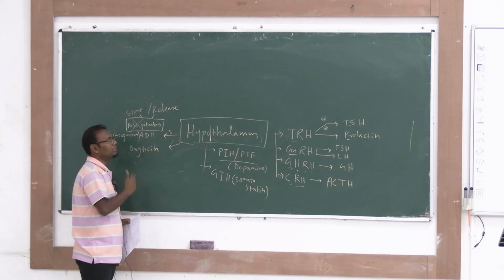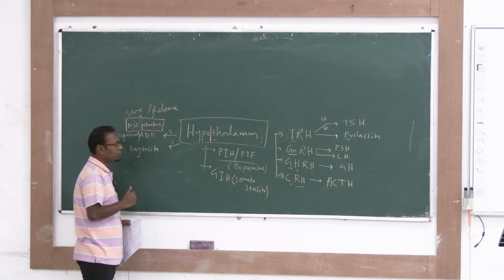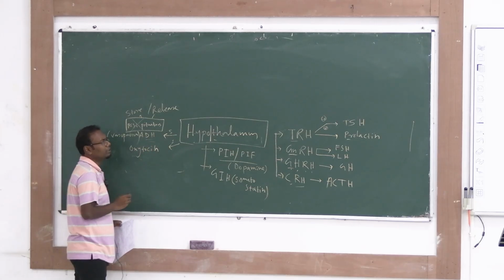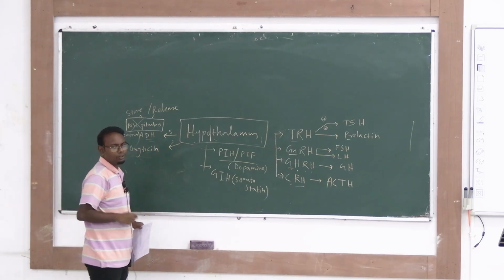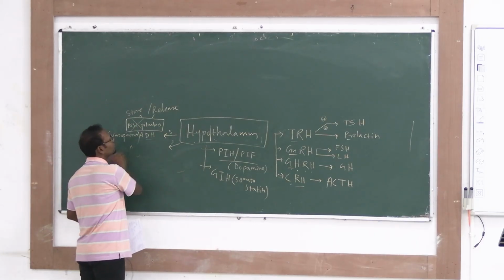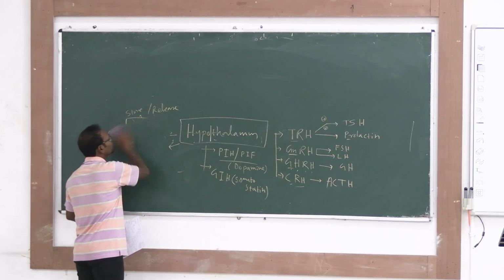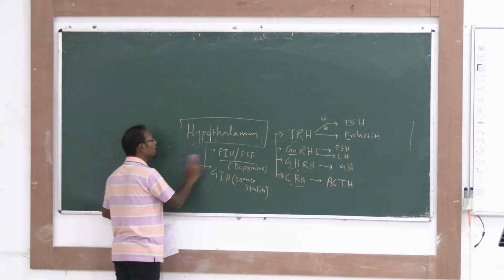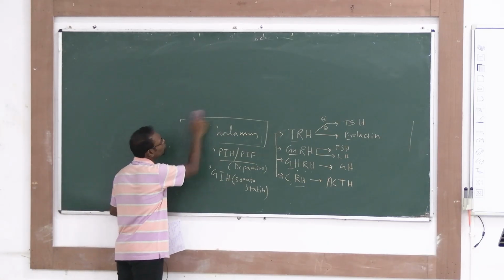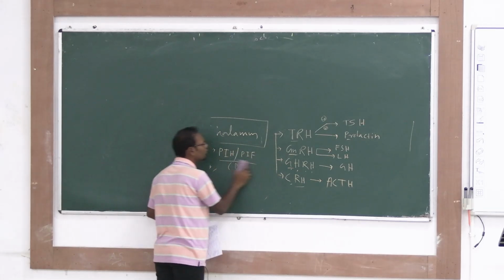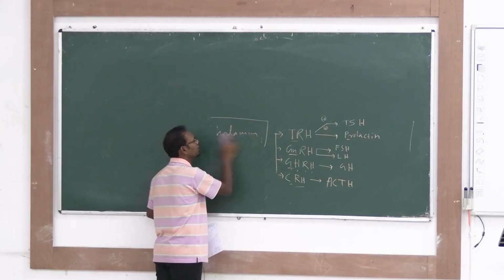Now we'll be focusing upon the pituitary hormones. Okay, first, these two hormones are stored and released hormones, so they will also be discussed under posterior pituitary, but we'll be starting from anterior pituitary. So anterior pituitary hormones and posterior pituitary hormones. Pituitary location you already know. Next, histopathologically there are two kinds of cells in the pituitary.